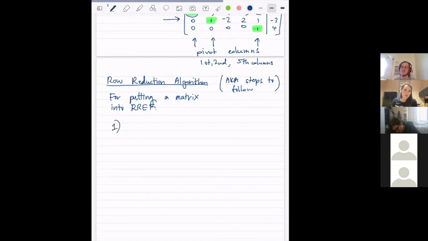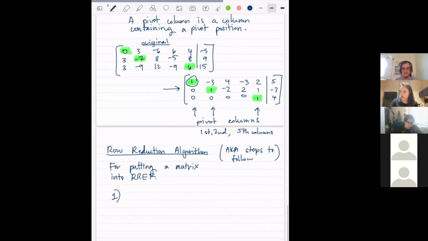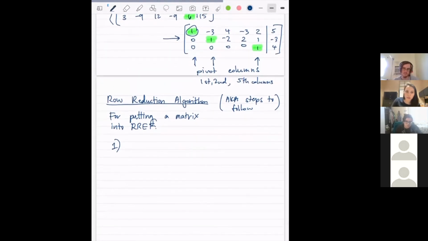Okay, so I'm going to write a step and then do the step using this matrix right here. We'll be using that as our example, and we'll be working through it using the algorithm. So if you have a leftmost entry,